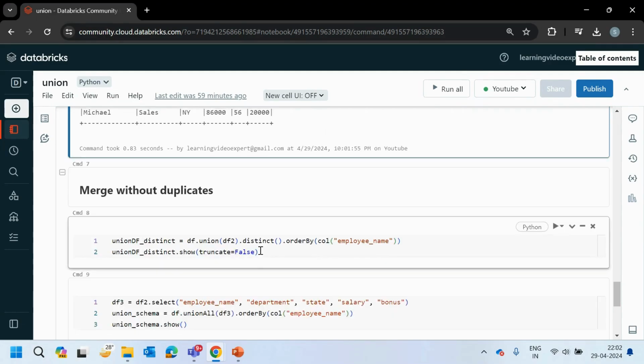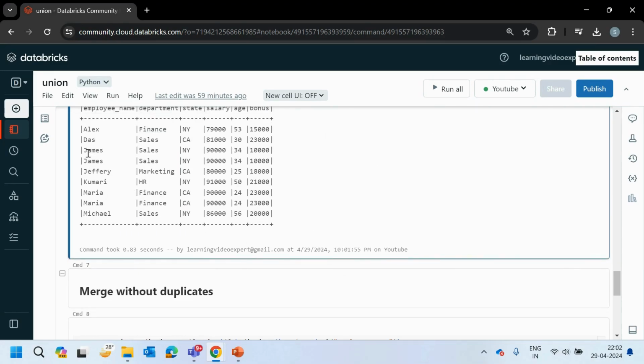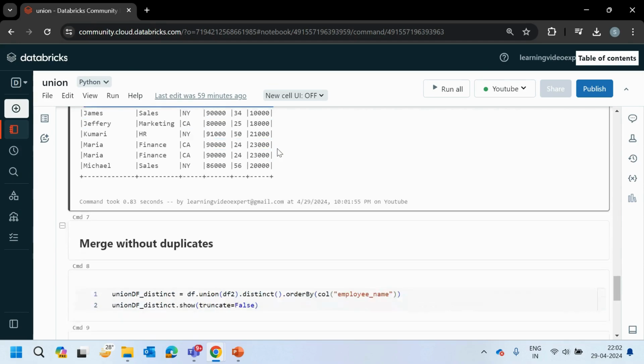Now, if you have some duplicates, how can you remove them? This James is there. I want to remove it and I want to get only one record out of it. So how will I do it? You remember there's a method called distinct. Distinct will only give you distinct data. It will remove the duplicates. It is the same as in SQL, it will only give you one record if there are multiple duplicate records in it.